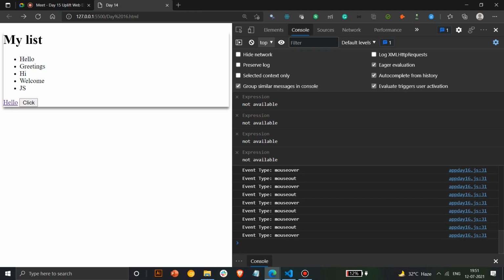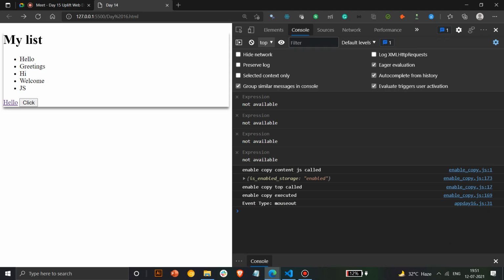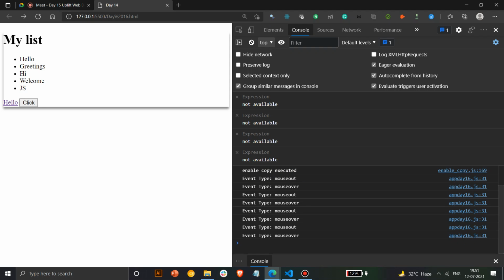Okay, sure. Mouse over and mouse out are basically very useful. Suppose you go inside this card. As soon as I go inside the card, it shows mouse over at that particular moment. And mouse out is showing because there's a tag or something present there. If I move over some element, it will show mouse out at that particular moment. So if I remove my cursor from here and move somewhere else, it will show mouse out.